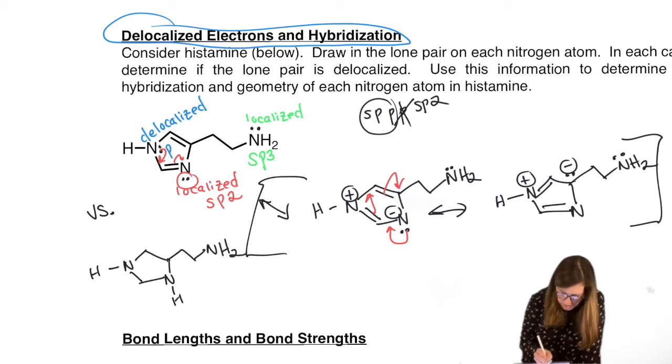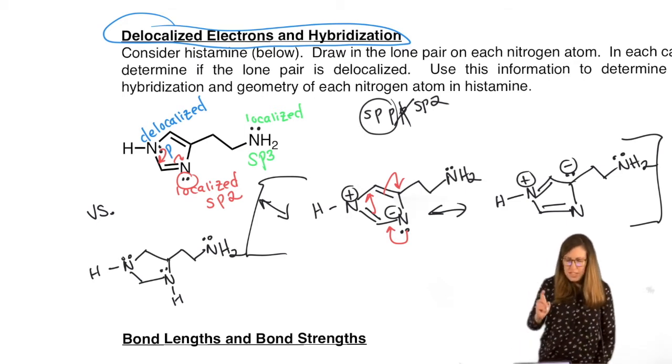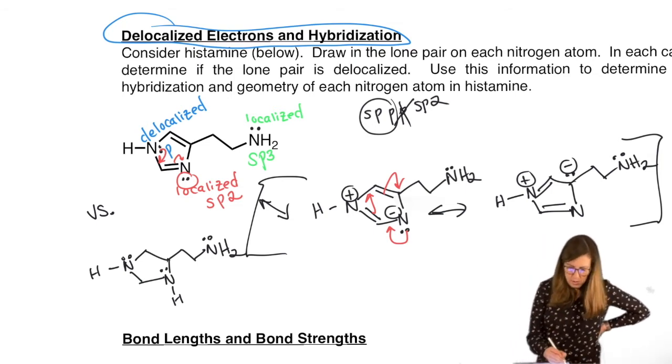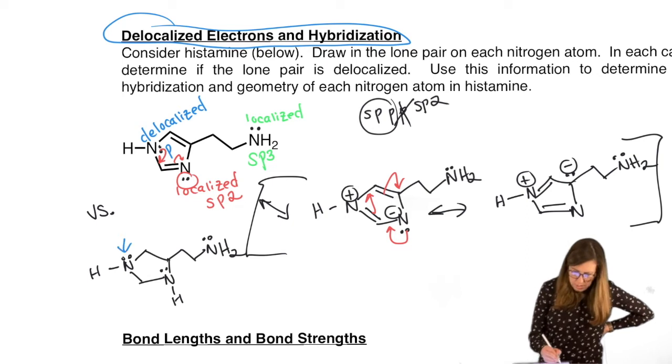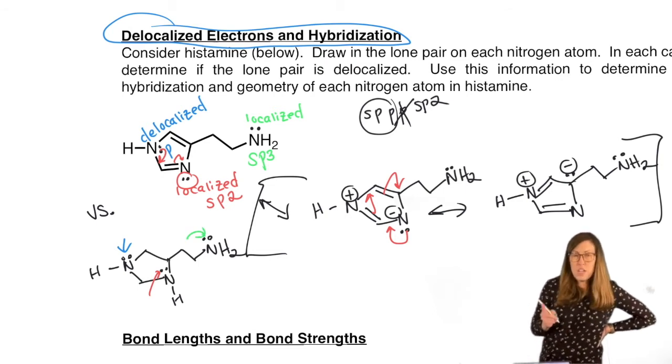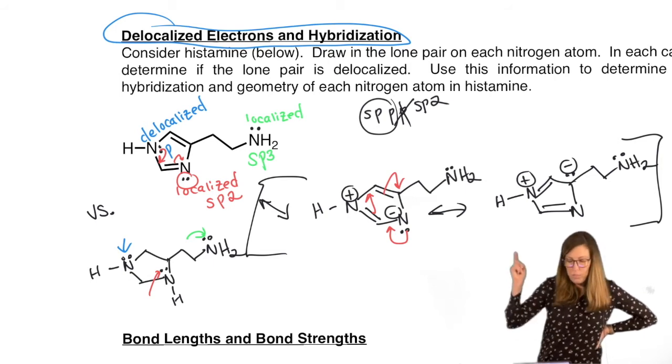Let's assign the hybridization, or rather, instead of assigning the hybridization, which I'm going to do something similar, tell me what orbital each of those lone pairs is in. We'll do it in blue again. Blue versus red versus green. Well, you should already say red and green are going to stay the same because they've always been localized and they're still localized.